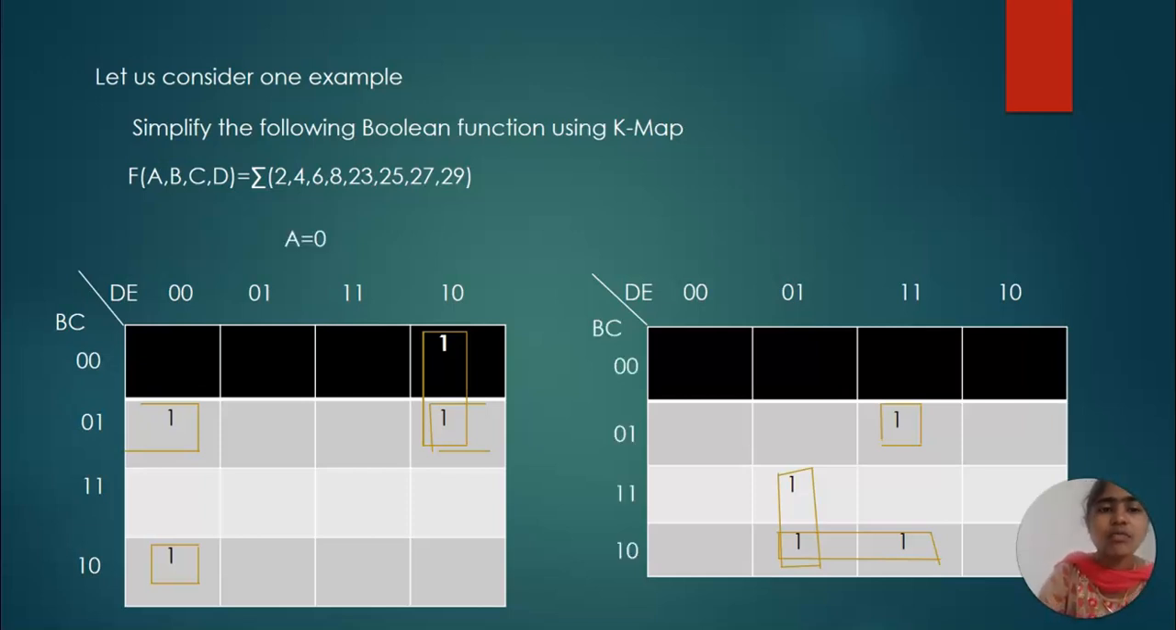In the first table we take A equal to 0. In the second table A equal to 1. Let us see the final